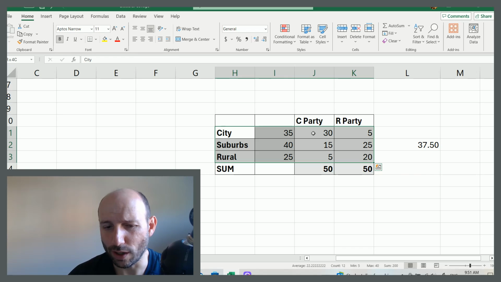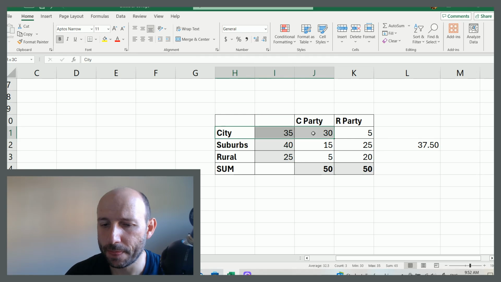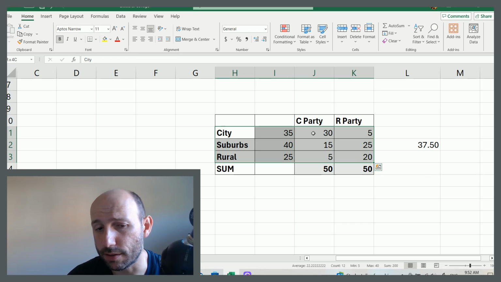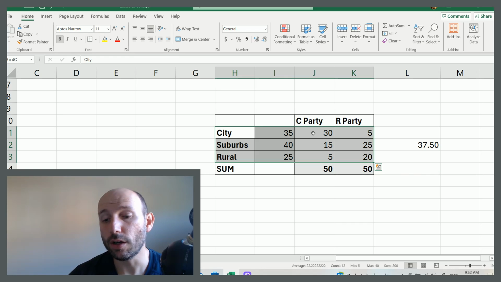And I mean, it's all one country anyways. People, regardless of where they live, they still know each other and care about each other and are dealing with the same issues. So why would that be a problem if the election is much more sensitive to how people vote in the cities? Well, so that argument makes sense for a small country.